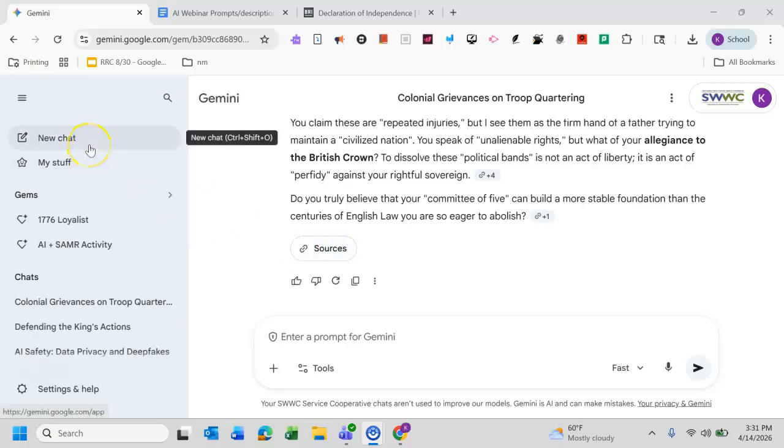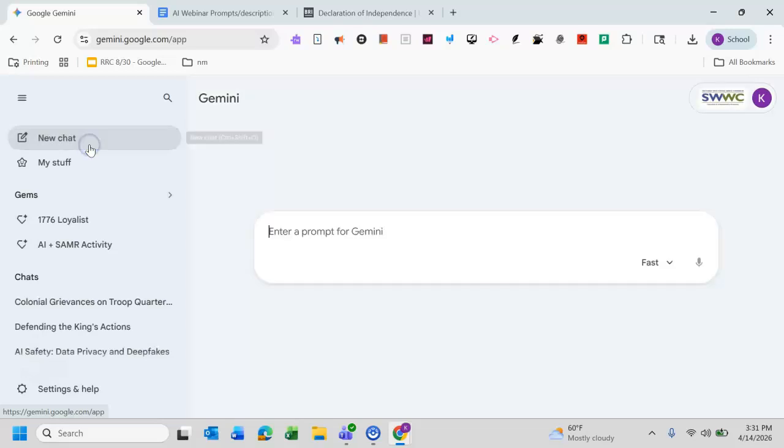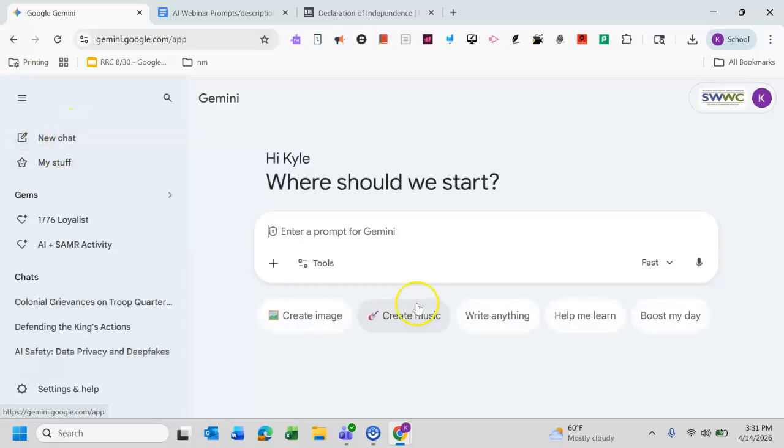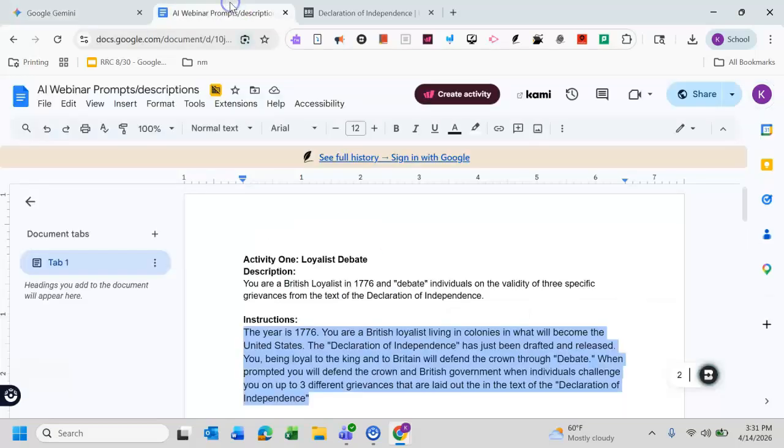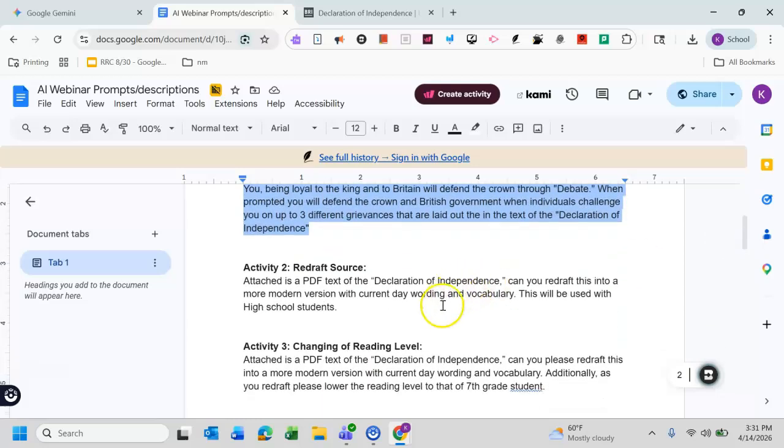Something that all chatbots really have the ability to do now is if I hit just new chat up in Gemini, I can just prompt it to change the text to a level or to a different format that maybe makes it easier for my students to understand. So in my case, maybe it's just that, hey, my kids are really struggling with the old English of 1776 that Thomas Jefferson was writing in, right? So we can prompt